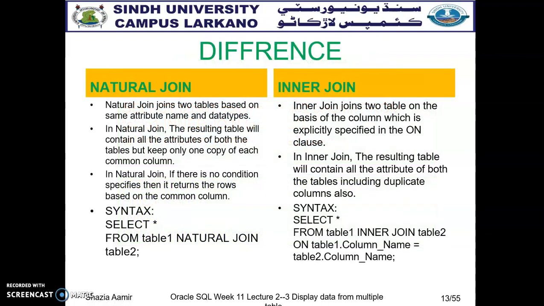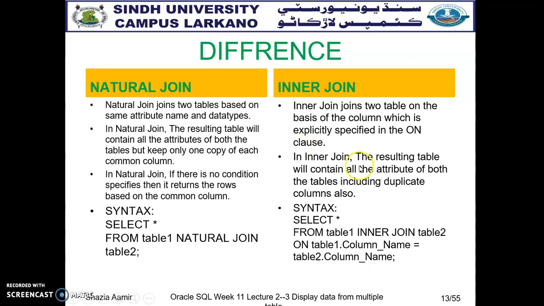But what is the difference between natural join and inner join? Both look similar, but the difference is that natural join uses the same attribute name and data type, but inner join uses its own clauses for explicit data. In natural join, all columns must be matched as common columns.